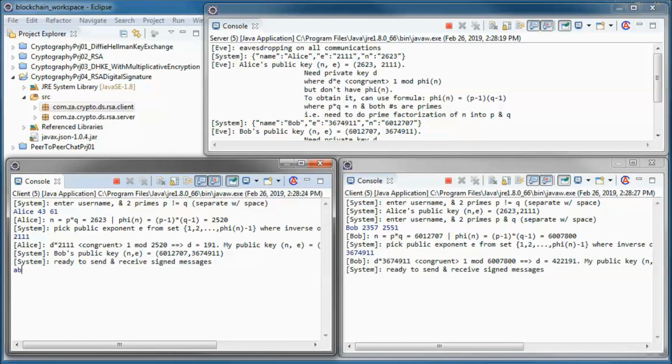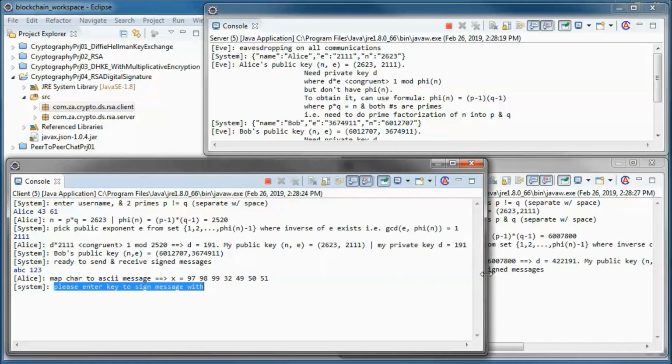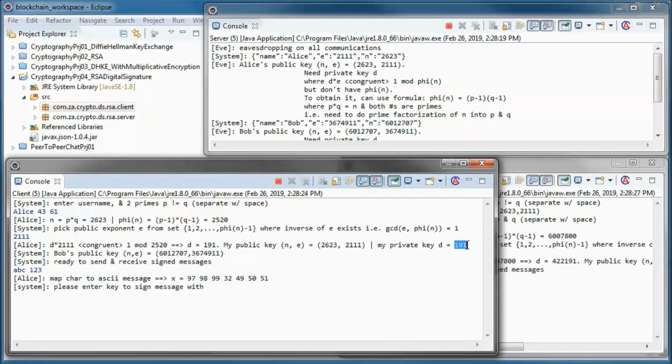So let's say Alice wants to send this message to Bob. She starts by mapping the characters to ASCII and obtaining this ASCII message, and then she needs to enter her private key to sign the message with. So this key.